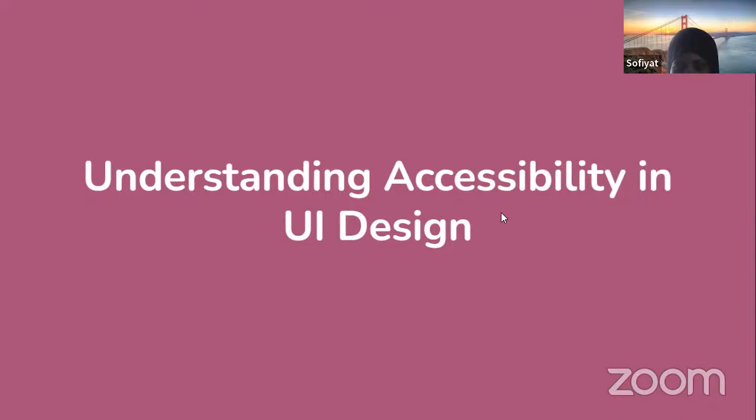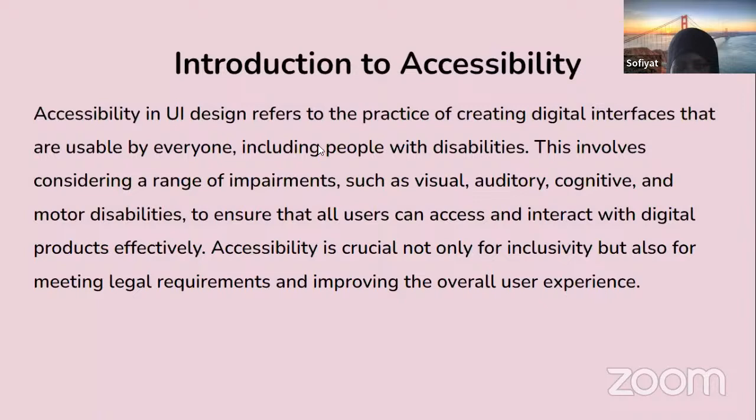Okay, so the first thing is understanding accessibility in UI design. We know accessibility as the practice of creating digital interfaces that are usable for everyone. So it's not really only about giving access to people with disabilities, but also for everyone to be able to use your products. This also involves considering the range of impairments, such as visual, that's blindness, that's seeing, then auditory, the hearing,